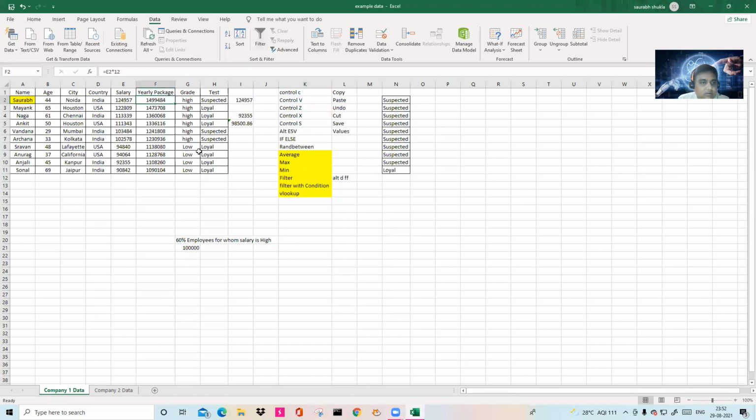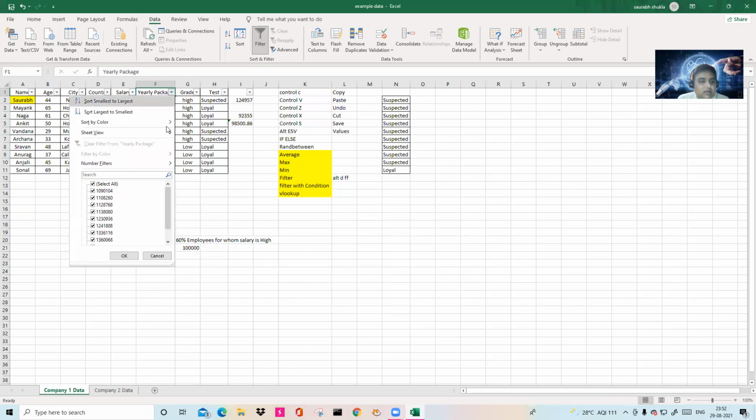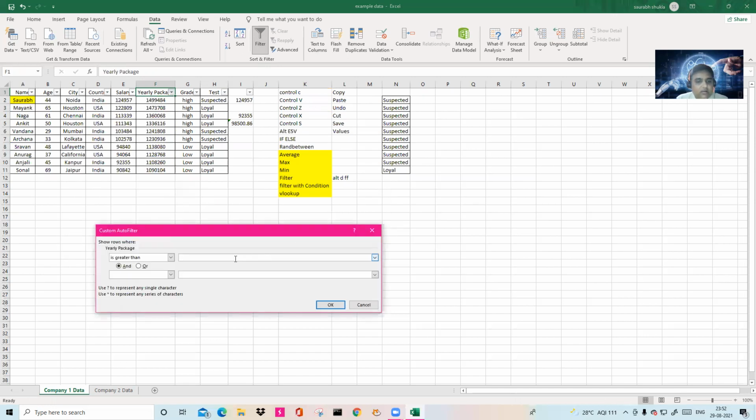How? Let's see that. What is the value here? Unit, 100, 1000, lakh, 10 lakh. So 14 lakhs. All the values are greater than 10 lakh. That's why my filter condition doesn't work. Let's say I apply number filter greater than 11 lakhs.